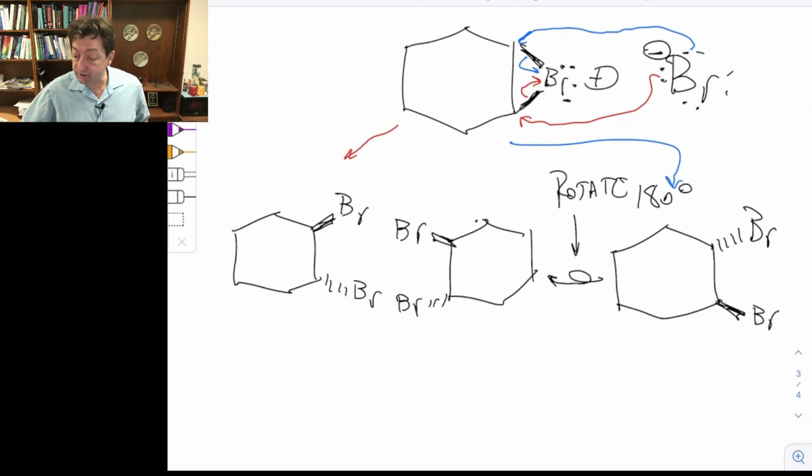And so the formation of the enantiomers is evidence of this bromonium ion intermediate. And so what I want to take a quick look at next here is the stereochemistry of the addition to acyclic alkenes. So in order to take a look at that, well, let's look at a couple of isomers of